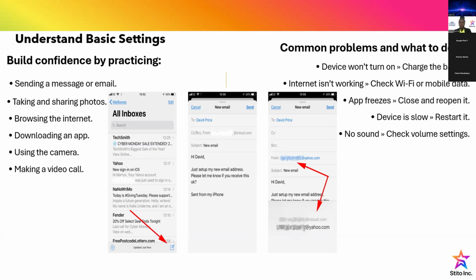Troubleshooting would help us a lot. There could be many problems, but we just selected these five. If your device is so stubborn and it won't turn on, I've tried to turn it on, I've been trying to, it did not work. Check the battery. Just plug it into a charger.